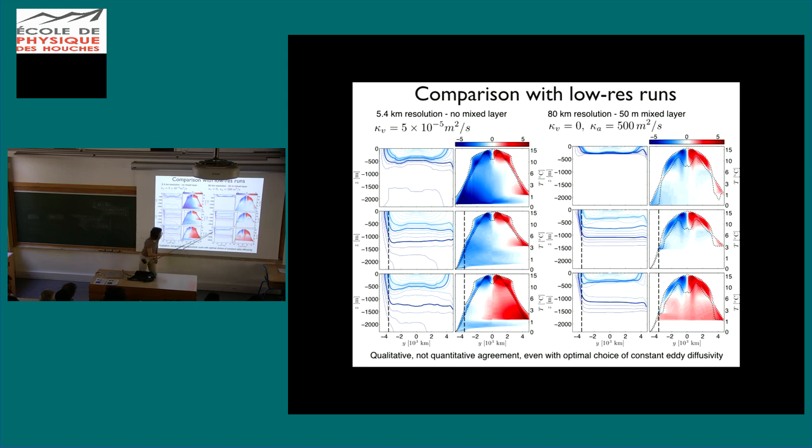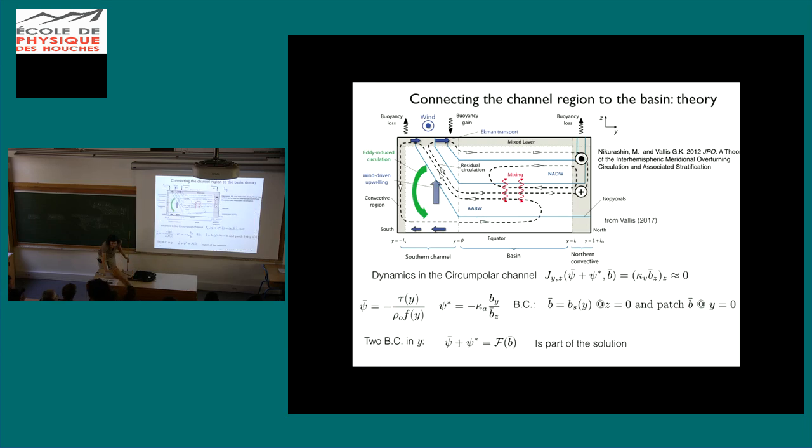Whereas here, when there is a connection in isopycnal space between the two endpoints of the hemispheres, there is a non-zero residual circulation, which changes the stratification a little bit in the channel as well, and of course gives rise to an overturning. And that's true also in the coarse resolution calculation. So now,